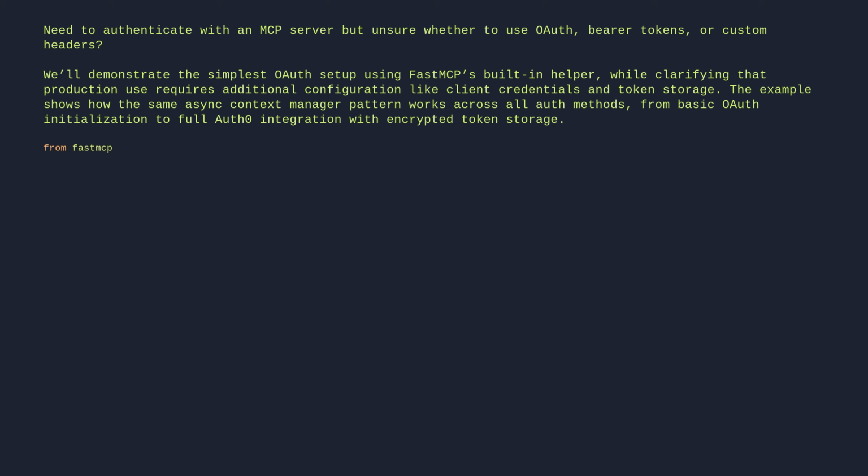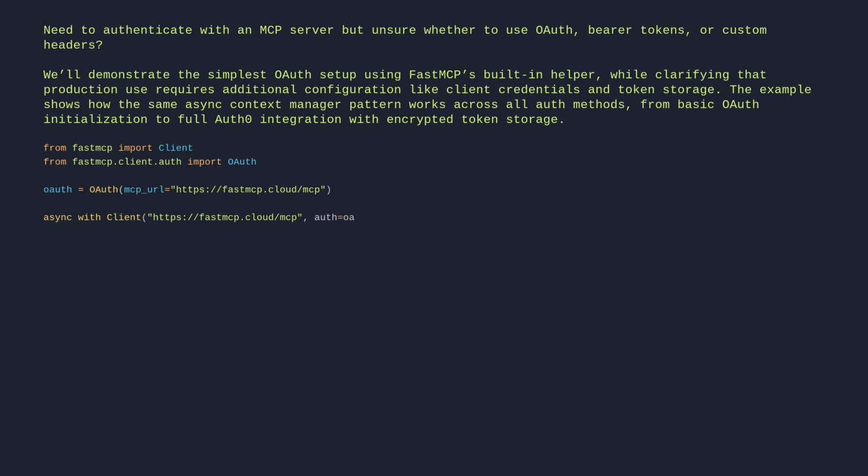from fastmcp import Client. from fastmcp.client.auth import OAuth. oauth = OAuth(mcp_url="https://fastmcp.cloud/mcp"). async with Client("https://fastmcp.cloud/mcp", auth=oauth) as client: await client.ping()